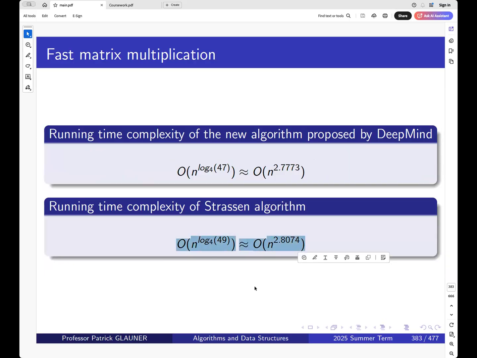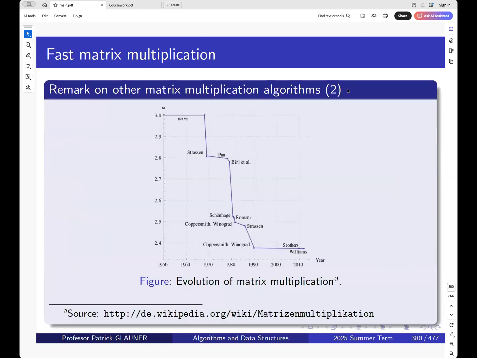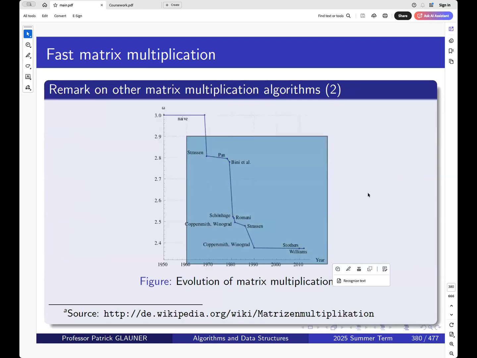So this was the Strassen algorithm on 4 times 4 block matrices, not 2 times 2. But what DeepMind found was a new matrix multiplication algorithm which only needs 47 multiplications on 4 times 4 matrices. So the log base 4 of 47 is 2.7773. So it's a better complexity, which is nothing new because better complexities were found for many decades, but